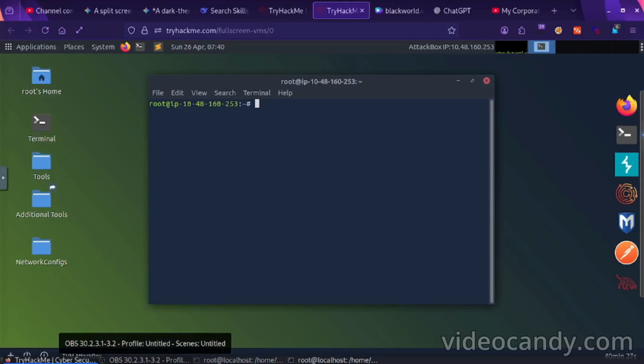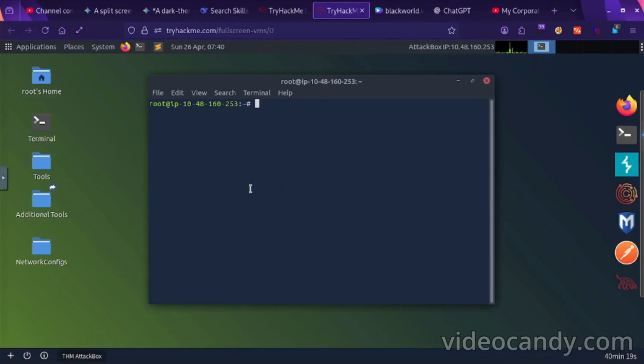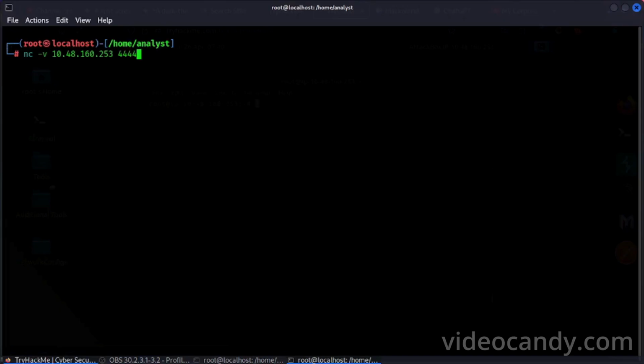Okay, let's start. We are doing a practical of the Netcat command. First of all, we will make a messenger. So this is the attacker machine and this is the victim machine.